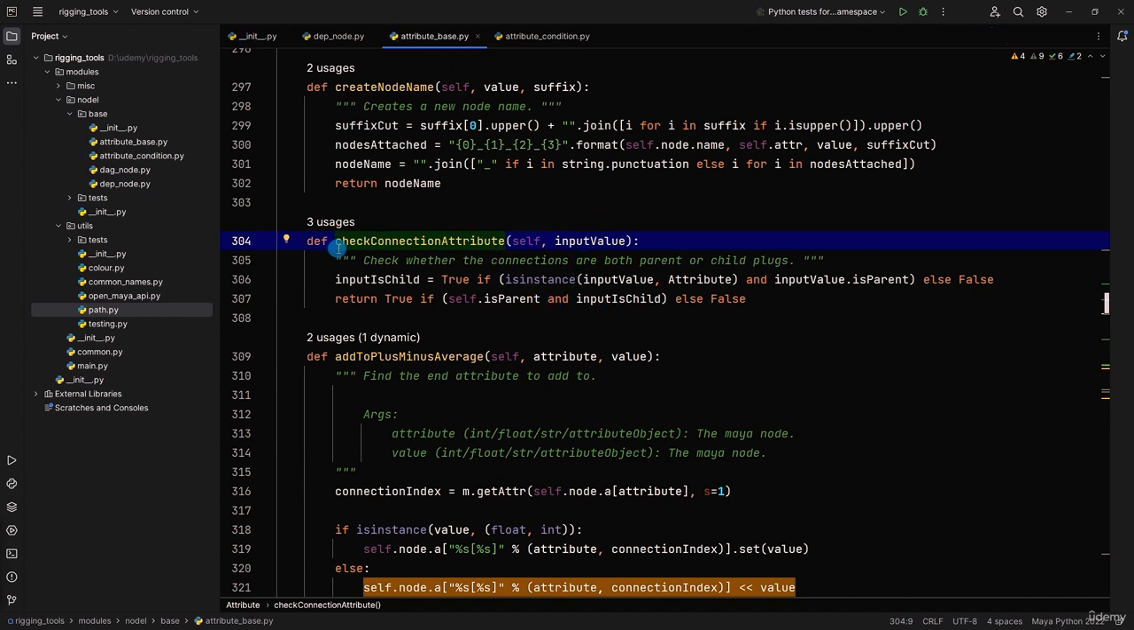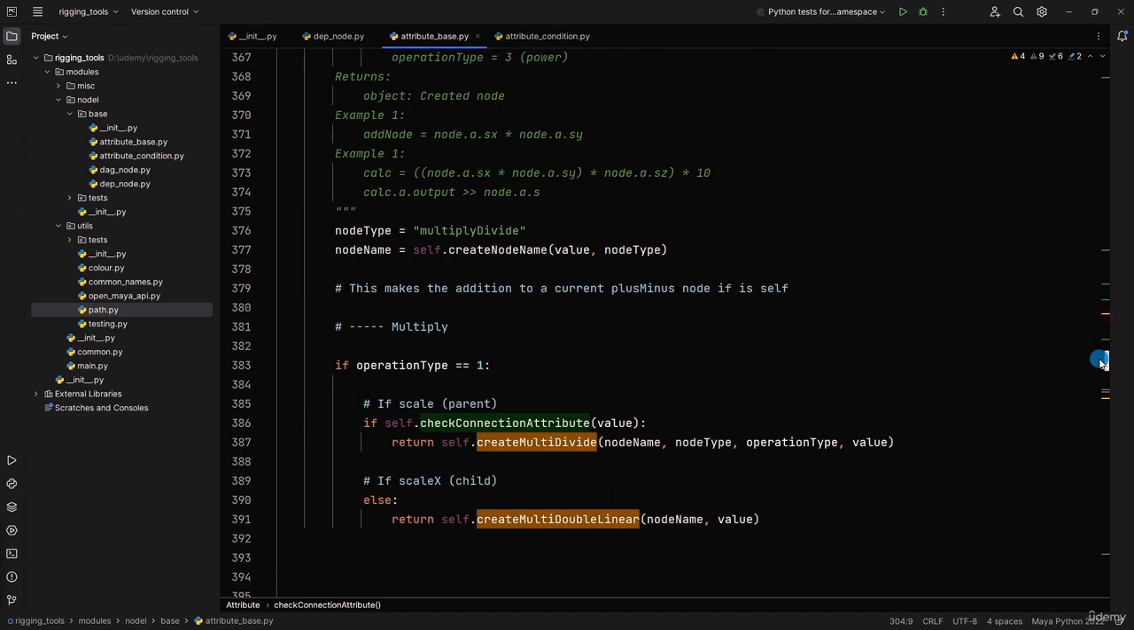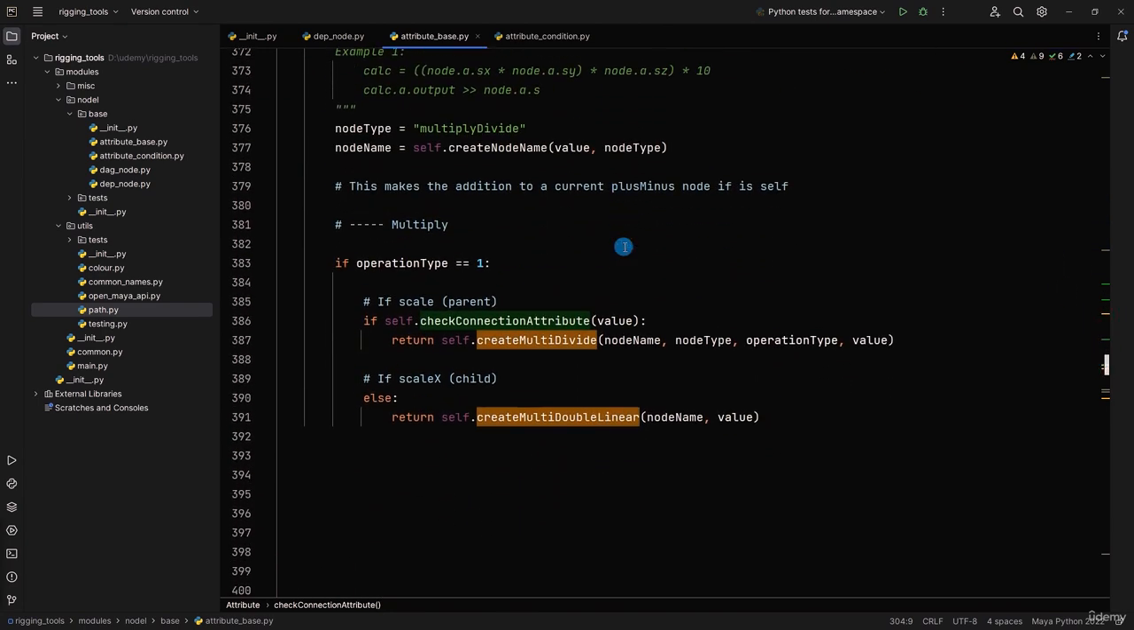Maybe that could be check connection alignment. It's probably, again, based on what your preference is there. So if they are parents, which we are checking with both the instance of self and the value, which is an instance of the attribute class, it will return true for being a parent. And then we're going to go through to this create multiply divide node, which we haven't made